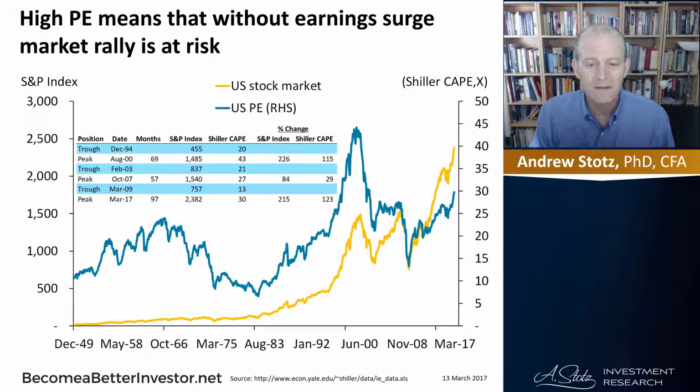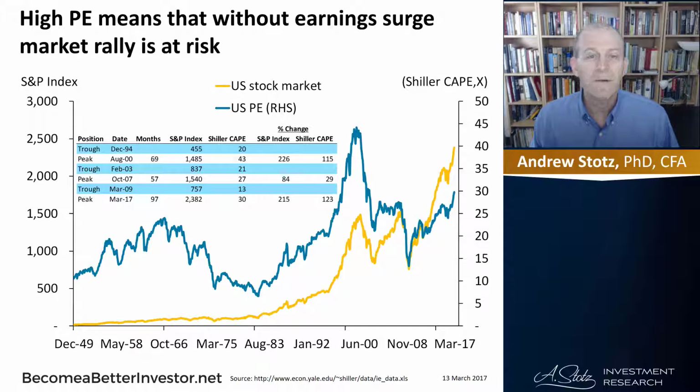And the main thing you can see is that there was a dot-com bubble that happened in 2001 that pushed PE up super high. Now I made a table that's inside this chart to help us understand the duration of this from trough, the bottom, to the peak. And we can see that the three main runs that the market has had, which we can see in this chart in recent years, was a 69-month run, a 57-month run, and then most recently a 97-month run. So a very long run in the market.